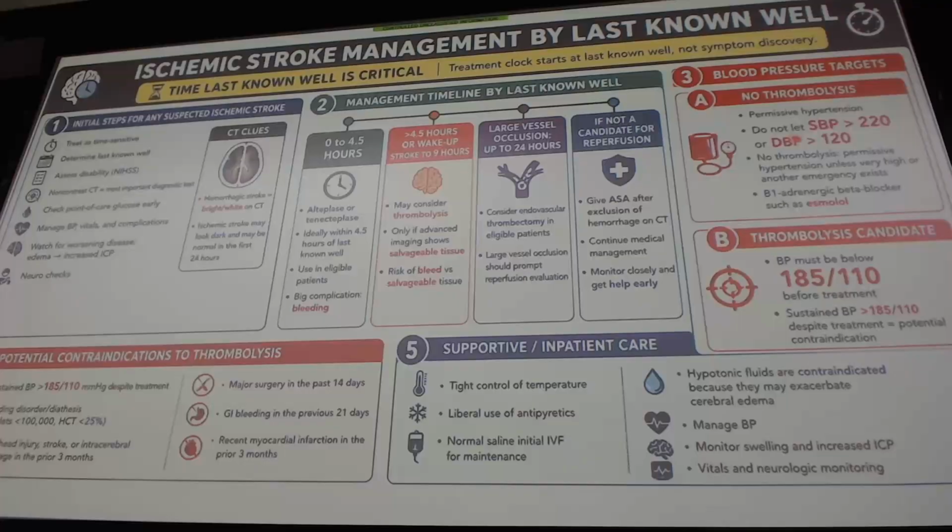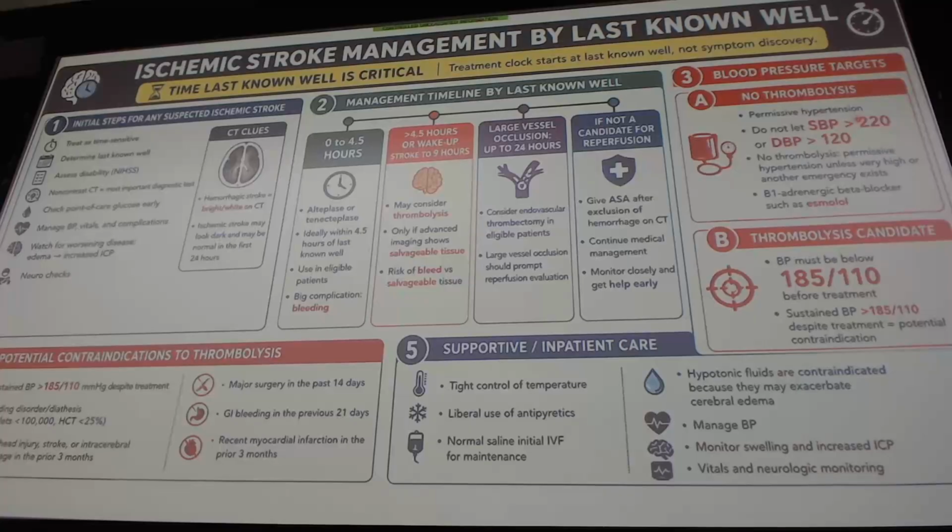It increases, it goes up, because your brain's trying to reperfuse itself. It's trying to say, hey, I'm not getting enough blood for what I'm seeing, give me more blood flow. So you may see some sky-high blood pressures. We allow that to happen because the brain is naturally perfusing itself in ischemic stroke, because I'm not worried about